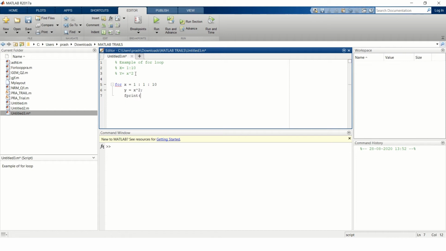Then I'll write just a print command to show the result.